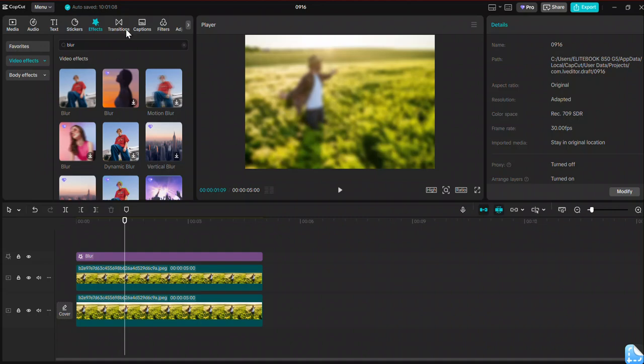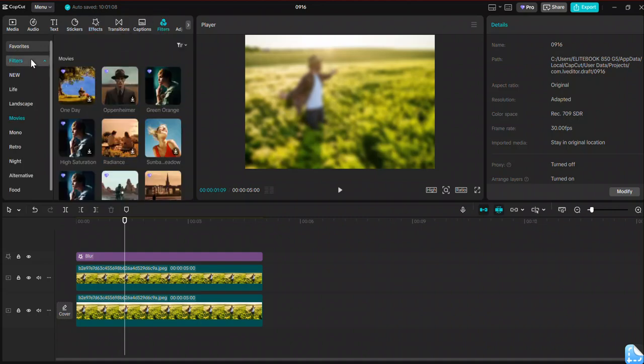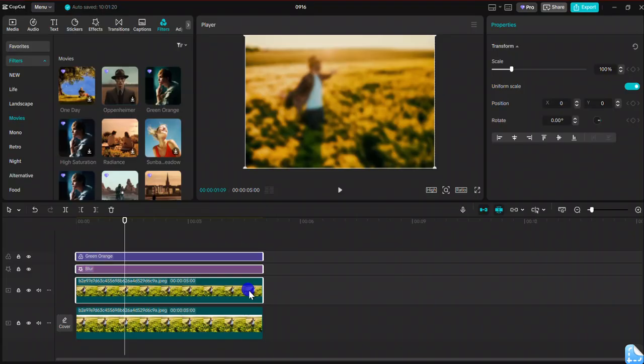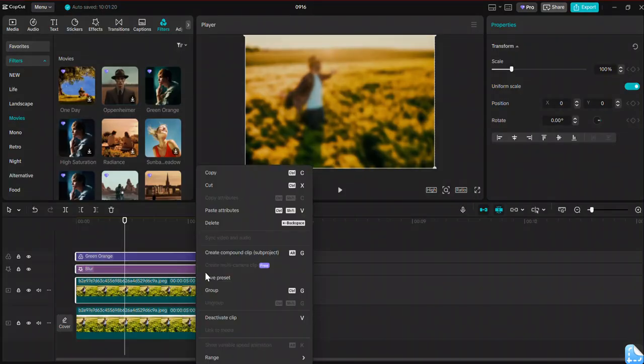After that, go to filter. So under the filter, scroll down and go to movies. So drag this green orange filter, adjust the duration. So now select all the filters and the first clip, this one, right click and create compound